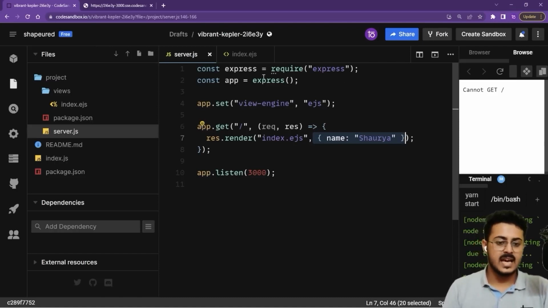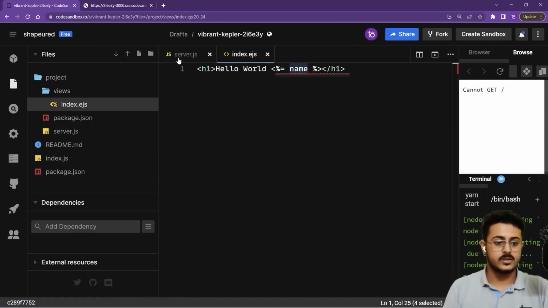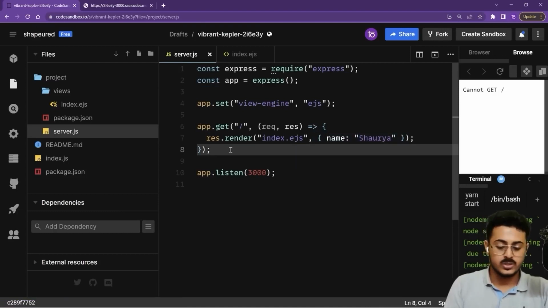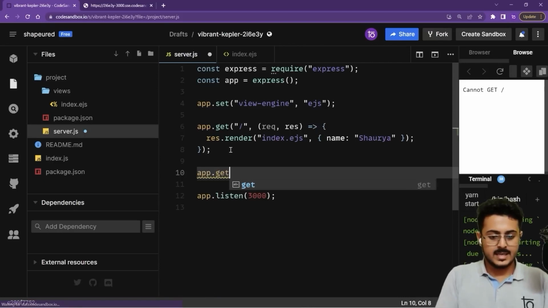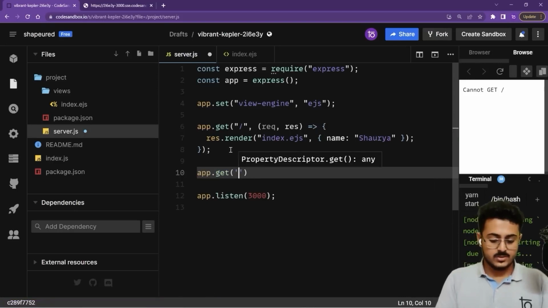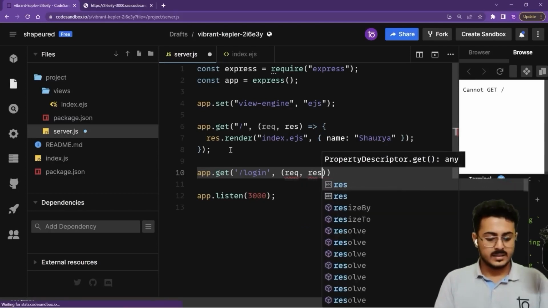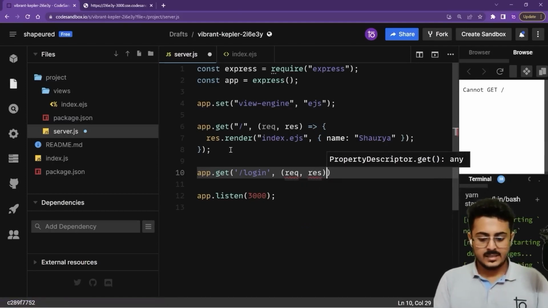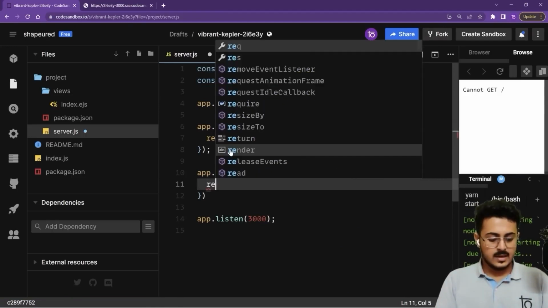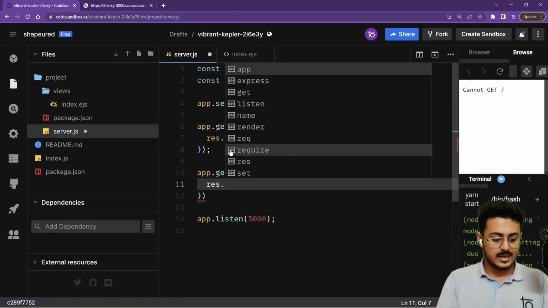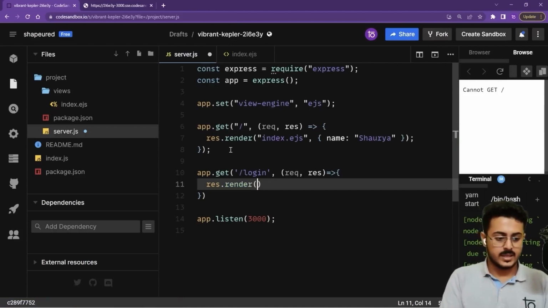Now once we have done that, we need to create the different views and routes that we need to have. So let's create the first route, that is app.get, and that would be the login page itself, so /login. And inside of that, again we'll create an arrow function, so req comma res right over here, and that is an arrow function. Then res.render, the render method again,